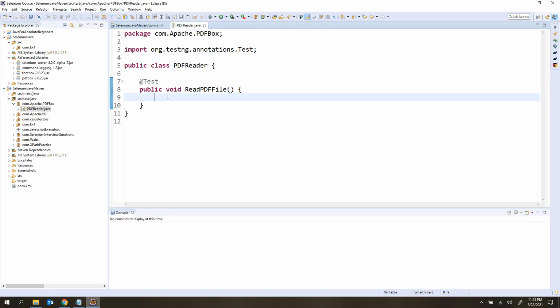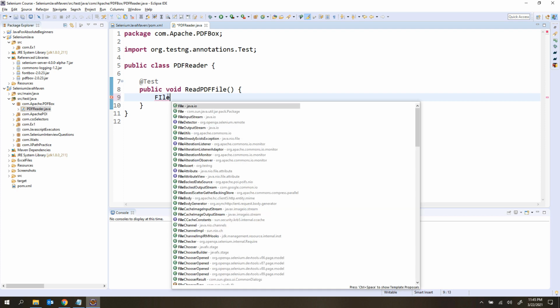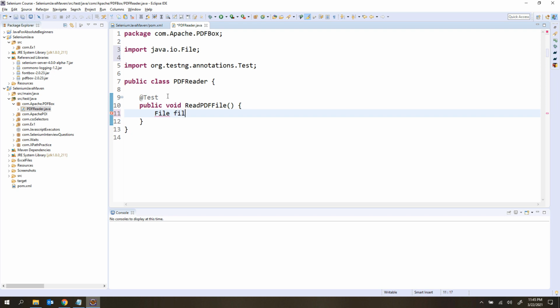Okay. So first we need to create the file instance. We have something called the File class, right? So we need to create the instance of this File class. Why exactly are we creating the instance of the File class? This file is physically present in my machine, but I want to create the instance for this file inside the Java programming language, right? So for that we need to create the file instance.